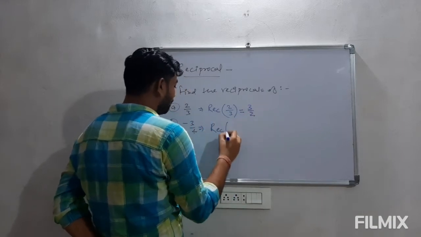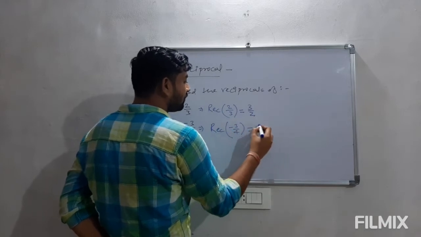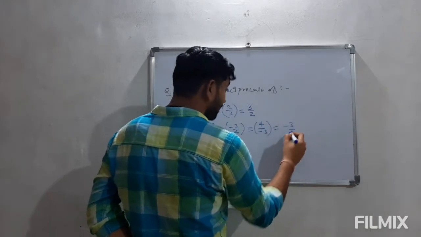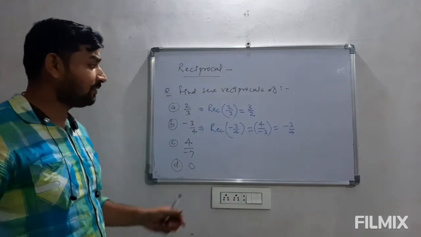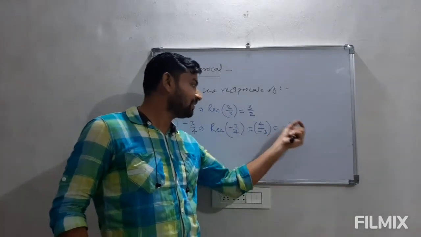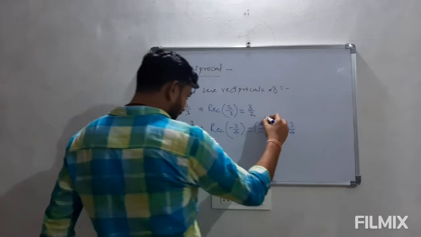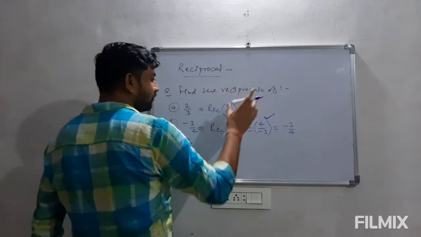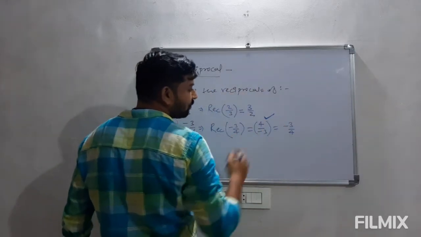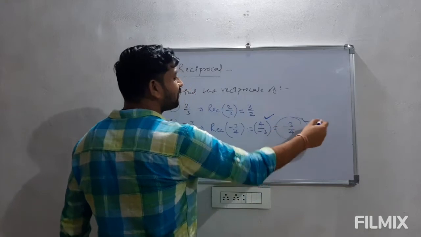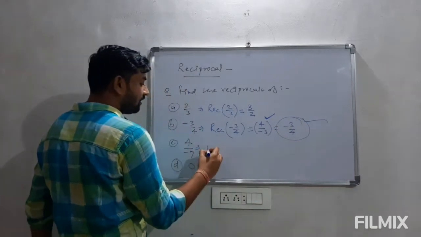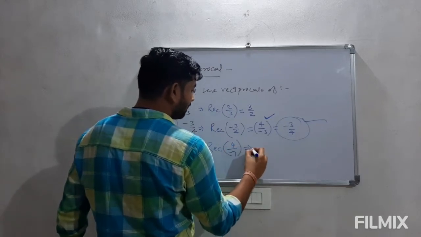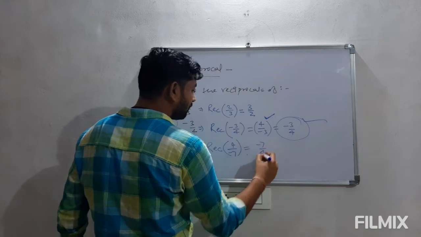Similarly, if we want to write the reciprocal of -3/4, then it will be 4 upon -3, which in turn will be -4/3. Whatever minus sign comes in the denominator, we can write it again in the numerator. But for the answer, if there is a direct question to find the reciprocal of -3/4, then it should be 4 upon -3, and for calculation purposes we can use this. The reciprocal of 4 upon -7 is very simple to write, that is minus 7 upon 4.